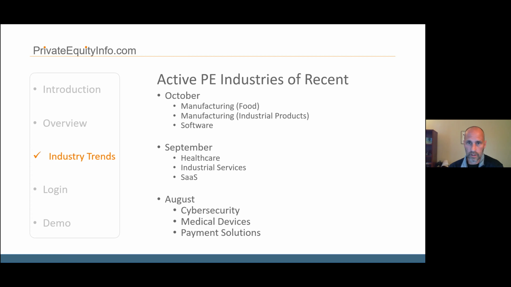Of course, software, that's always a recurring theme because, well, it's scalable and it's not as affected by COVID. You can see in September, healthcare, industrial service, SaaS, and then in August, those ones. I wanted to take one of these and show you another thing that we can look at. And I'm going to look at software as a service there in September and just show you what that has